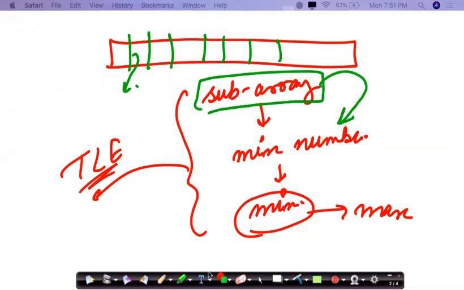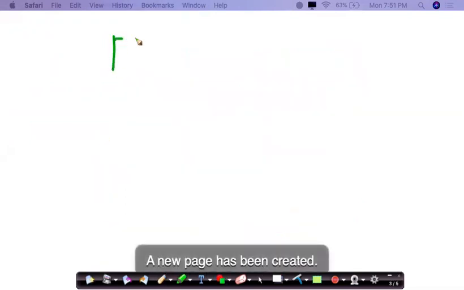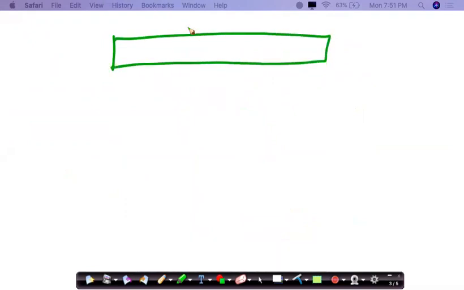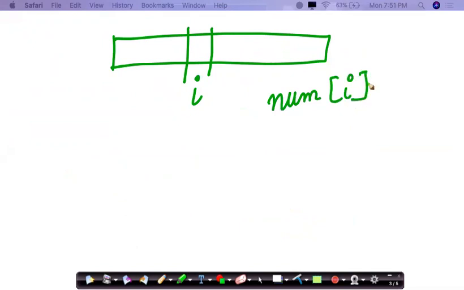Okay, so let us say this is the array given to us, and we are present at any ith index. Then we'll assume this element as the minimum number in the subarray which includes this number.